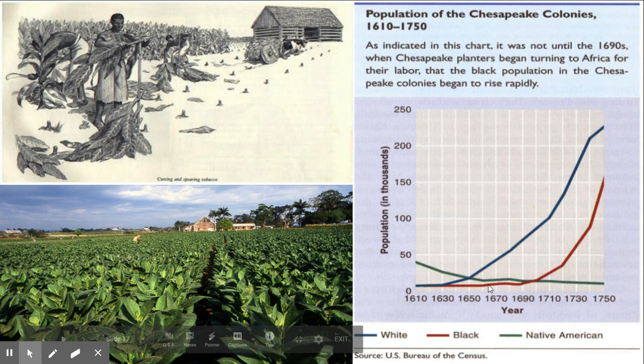And so over the next 100 years, you're going to see it skyrocket, as well as the number of white people, or Englanders, Europeans, and then of course the number of Native Americans is going to rapidly decline. But understand that we are going to have allegiances with the Native Americans. They're going to help us later on, but we'll get into that next unit.